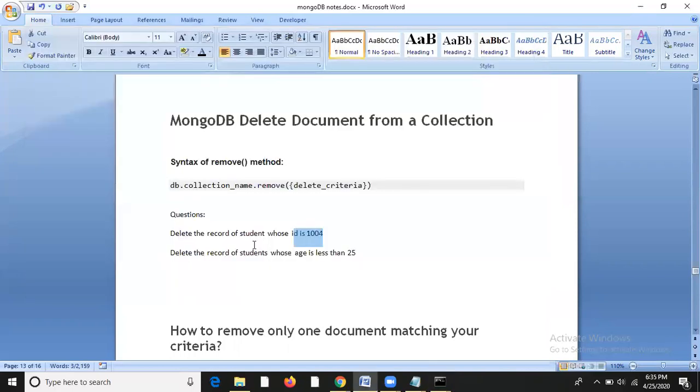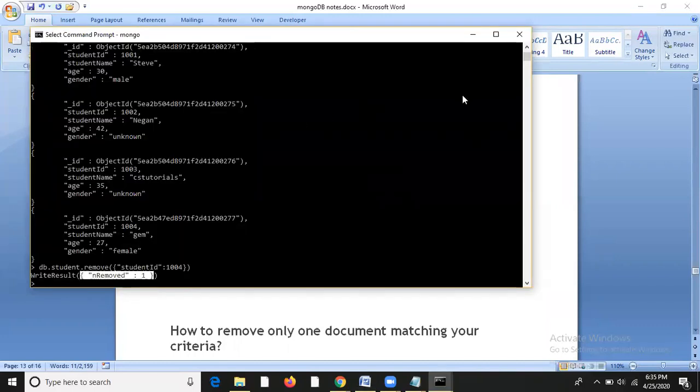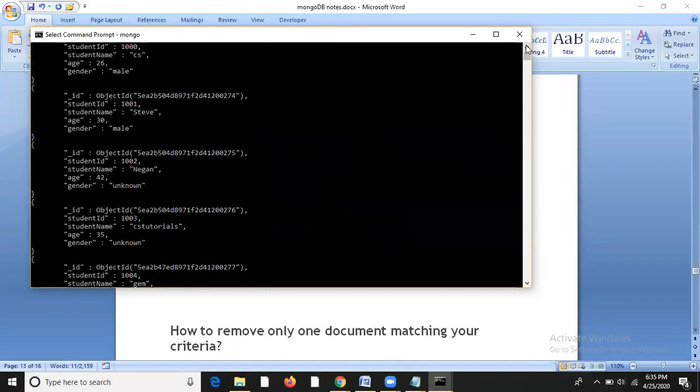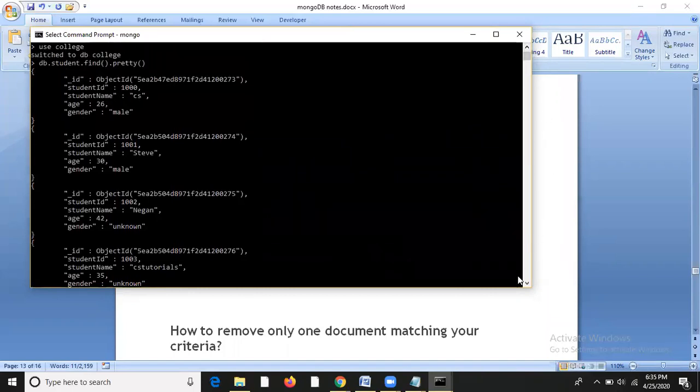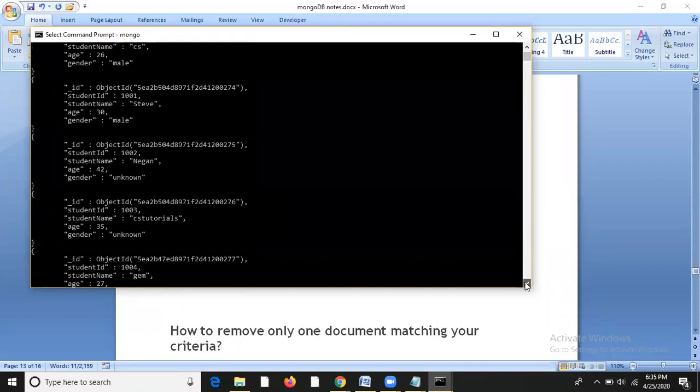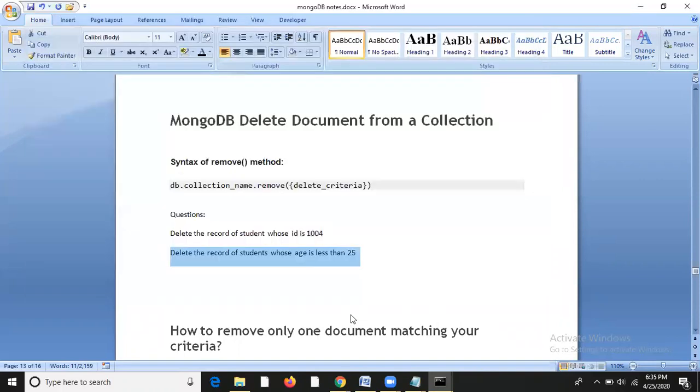Now we'll solve this question: delete the records of student whose age is less than 25. Let's see how many records there are whose age is less than 25. I guess there are no such records. So what we'll do is delete the records of student whose age is less than 30.